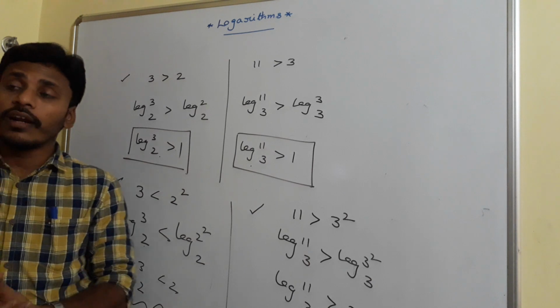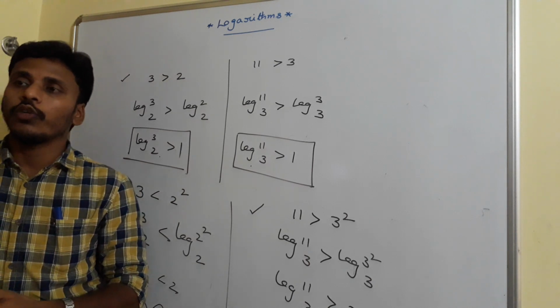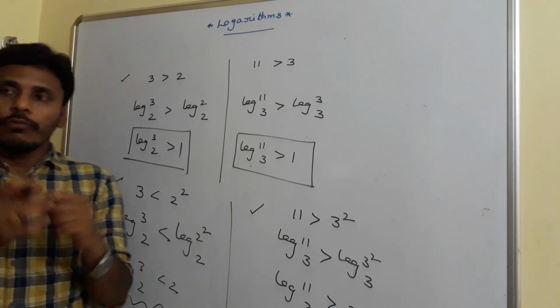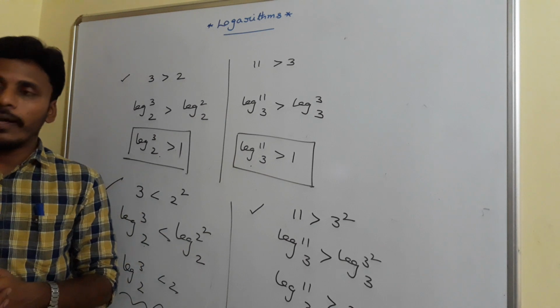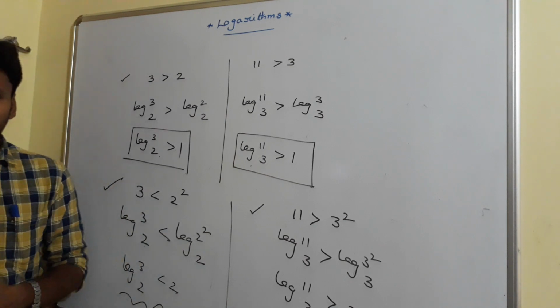Likewise we need to compare. If both the values are greater than 2, then you need to fix the barrier as 3. Like that you need to zoom out the positions of the given logarithms, and with that zooming of the positions, automatically we will compare the logarithms. Just have a look and I will come with the next idea.